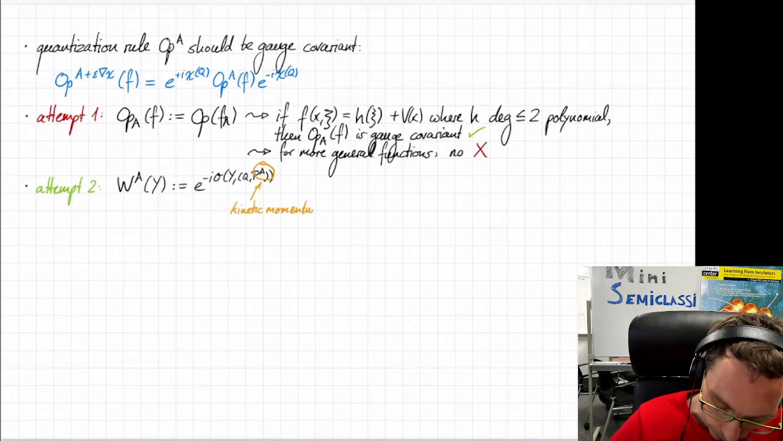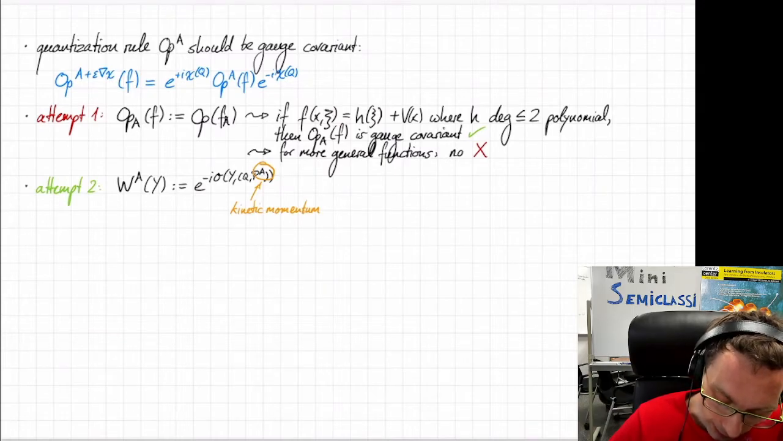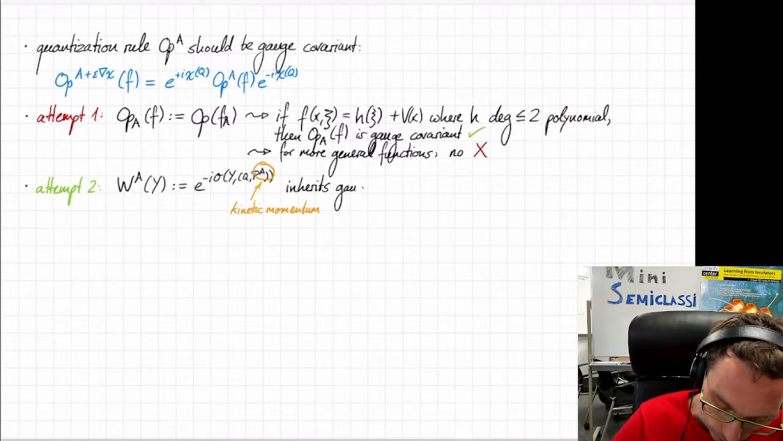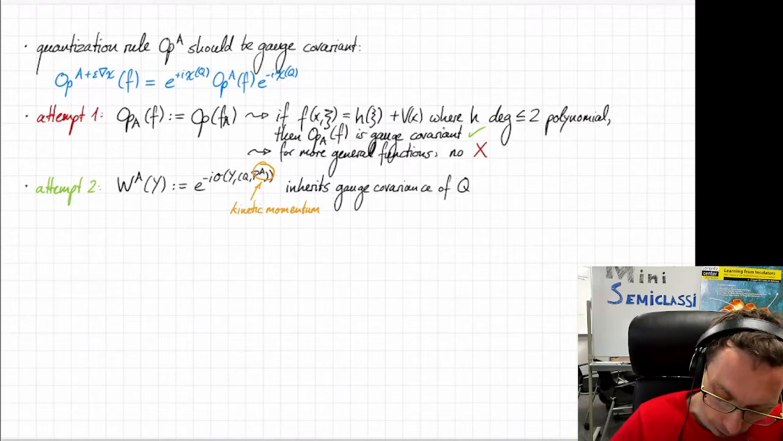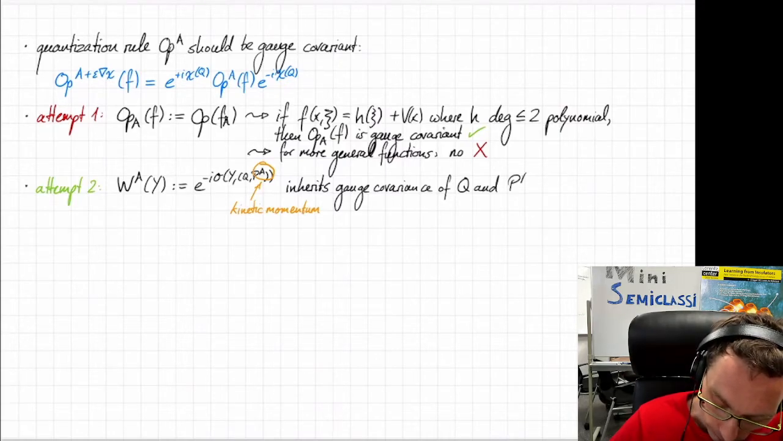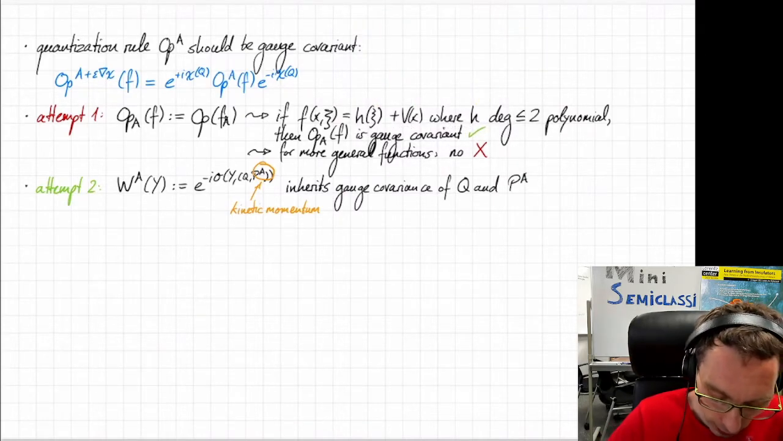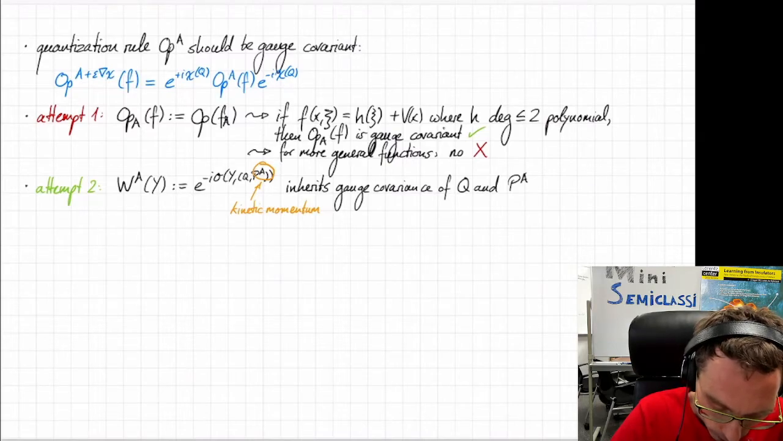And now this operator is defined by functional calculus, and that means it inherits the gauge covariance of Q, which is in fact gauge invariant, and P_A. And then, okay, what we need to do is we just need to define magnetic Weyl calculus in the usual way. So the magnetic Weyl quantization